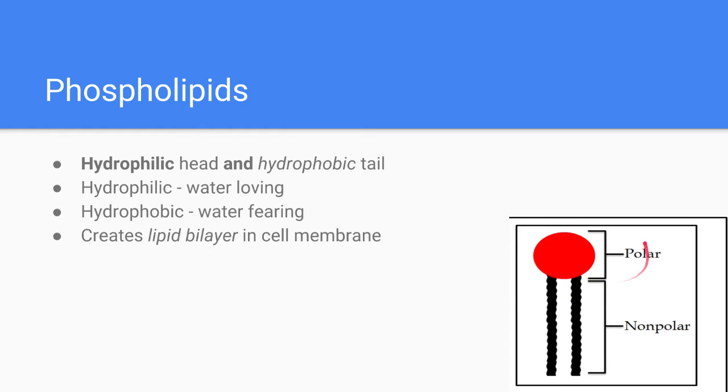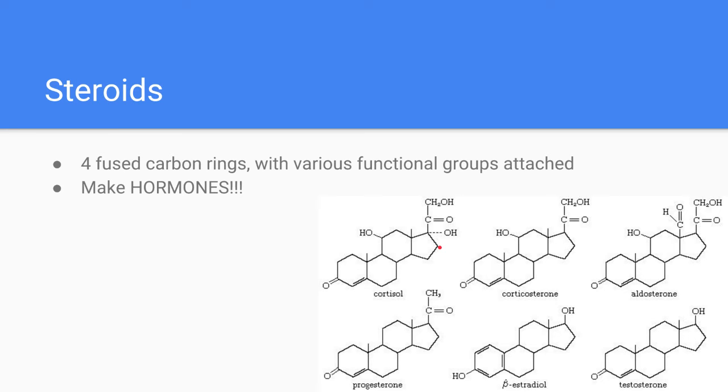And so this right here is going to be hydrophilic, which means it loves water, which means that things can easily be consumed by the cell and taken out by the cell, through exocytosis, I think it's called. And yes, that's how we can get things so easily into our cell, and it creates a lipid bilayer in the cell membrane. So, lastly, I believe we have steroids, which are 4 fused carbon rings with various functional